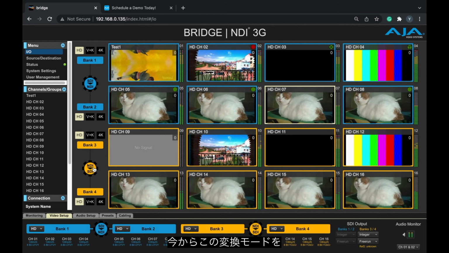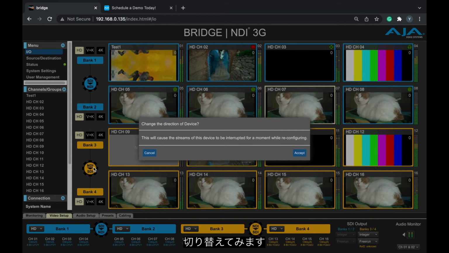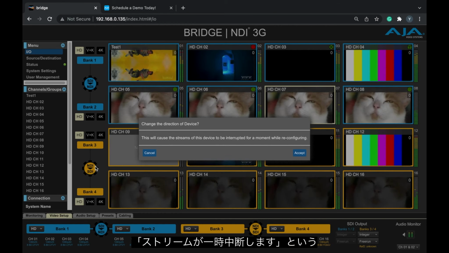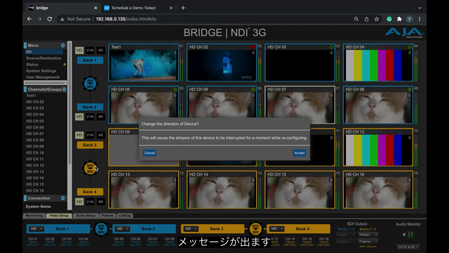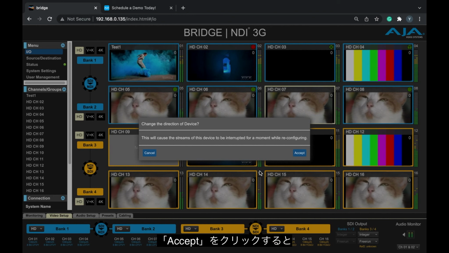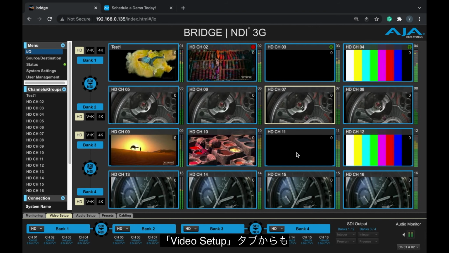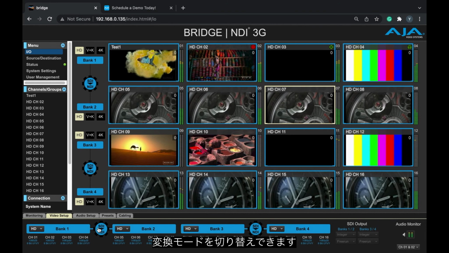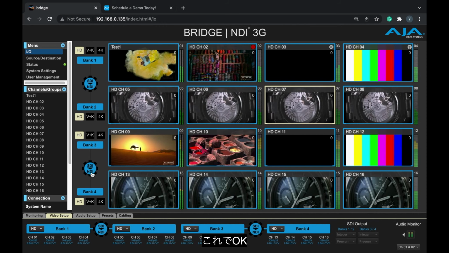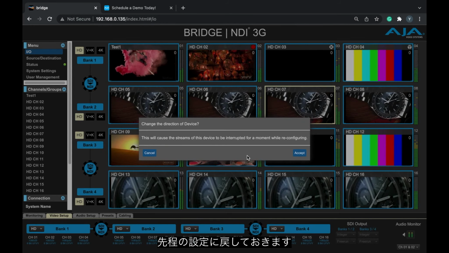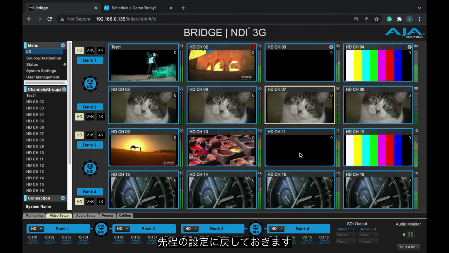So I'm going to show you once, and once you try to change the mode, it will display a message saying that the stream will be interrupted for a moment. Then just click accept and wait for it to reconfigure. Or alternatively, you can also change the mode under the video setup tab here. So there you go. I'm going to change it back again now. So while waiting for it to reconfigure,